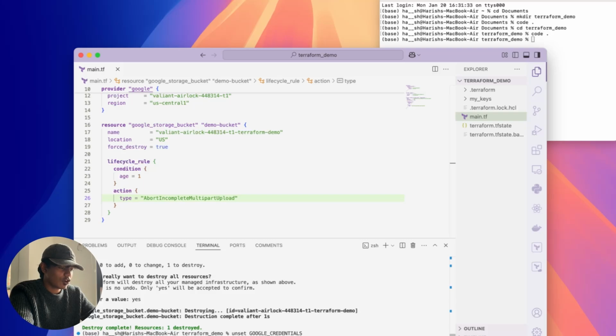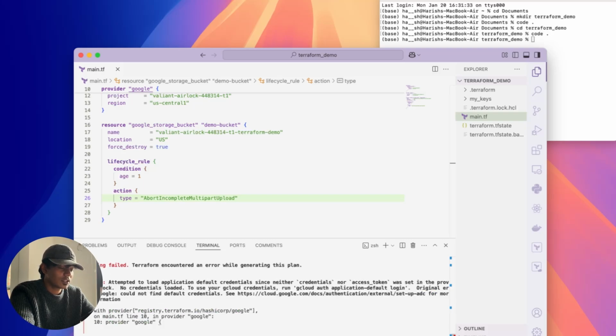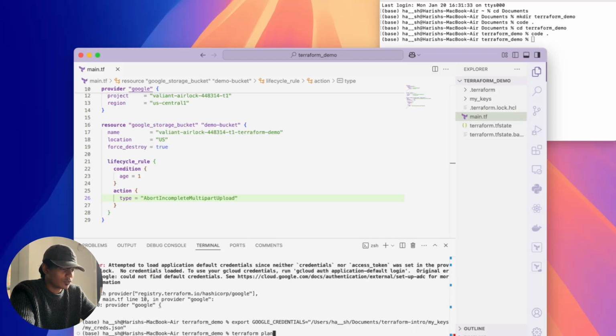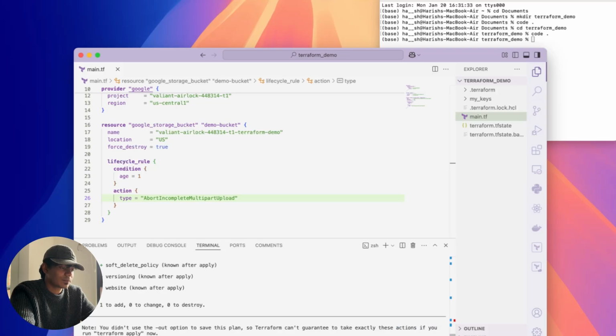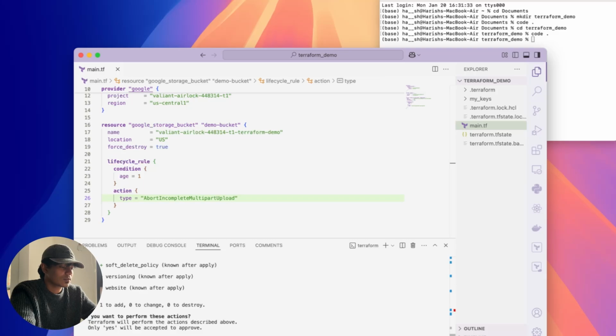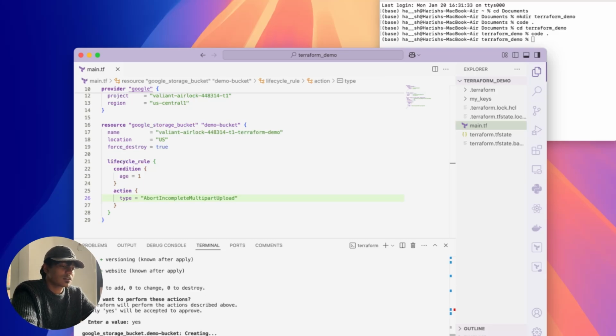Now if I run terraform plan, it won't work because the Google credentials have been cut, right? We'll just quickly give back the Google credentials, and now if we run terraform plan, it will plan effectively. And then if we go for terraform apply and then type yes,